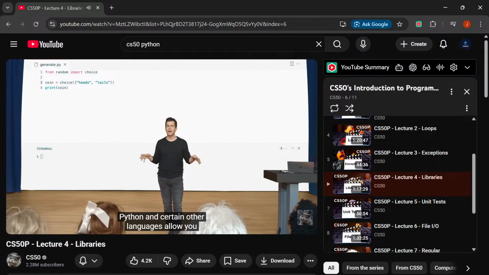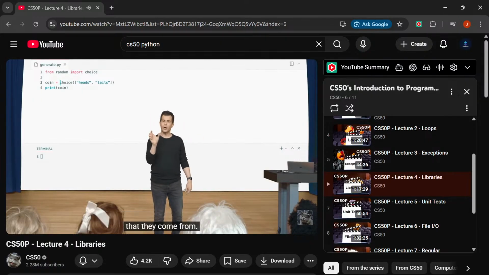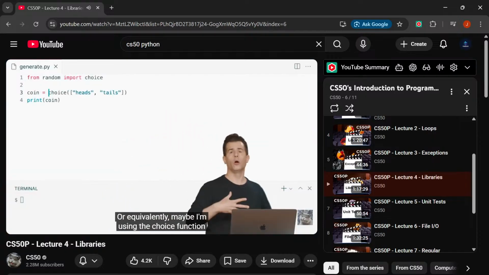Python and certain other languages allow you to scope the names of those functions and variables to the file or the module that they come from, so that's a good thing. But honestly, this is such a short program. Or equivalently,